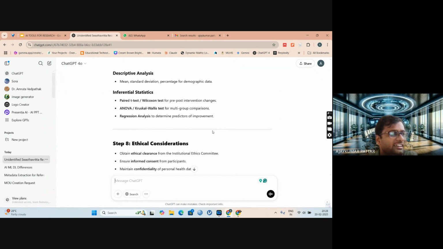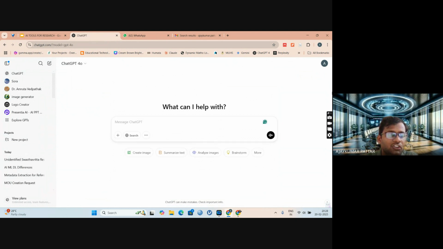Then you need to convert it into a research question form. For example, you feel that by exercise, the blood sugar level is reduced.